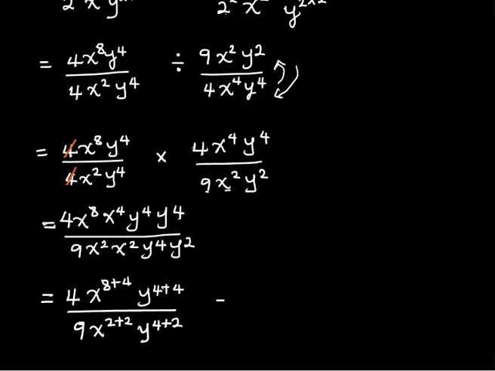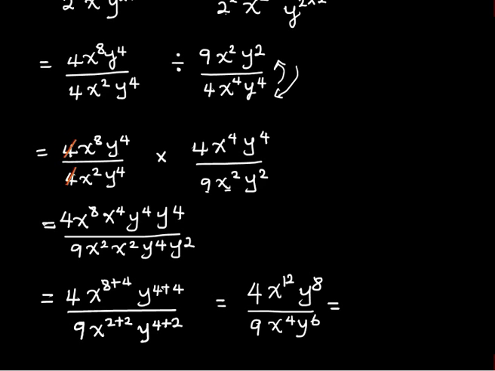So this will give us 4 x to the power of 12 y to the power of 8 out of 9x to the power of 4 y to the power of 6,